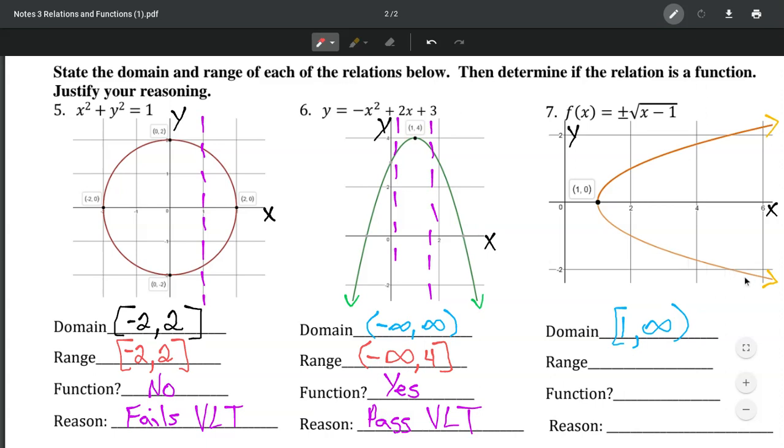So when we approach this arrow here, it indicates that we're moving to the right, but we're also going to continue moving downward. So the graph technically is going to keep moving down forever and ever. So if that's the case, the lowest y value that will get used is negative infinity,